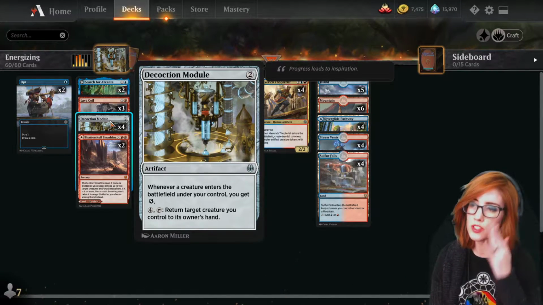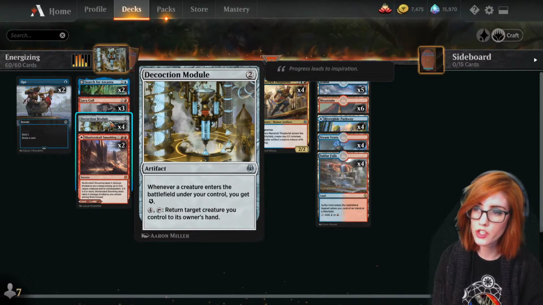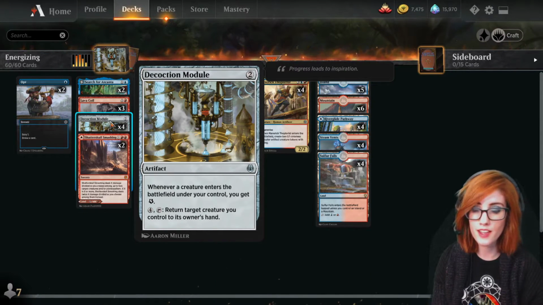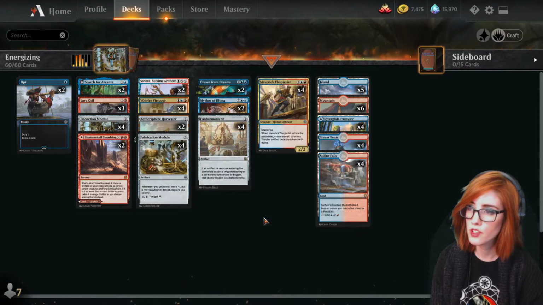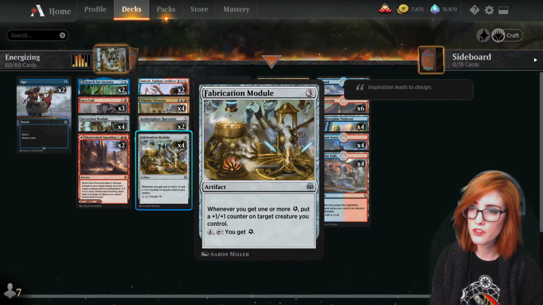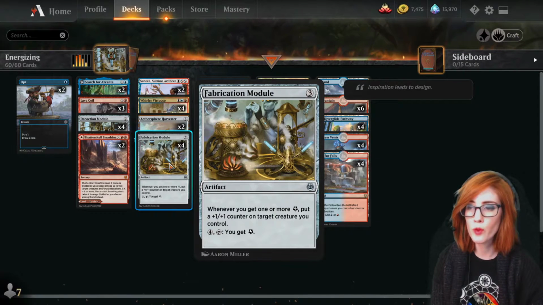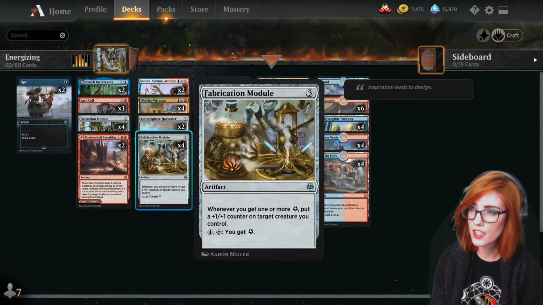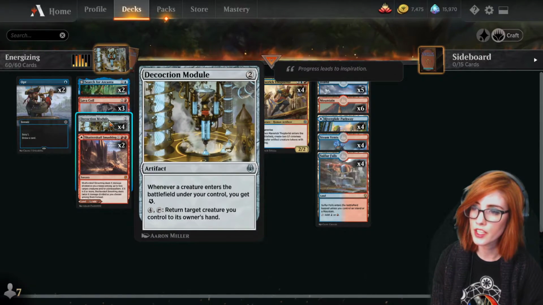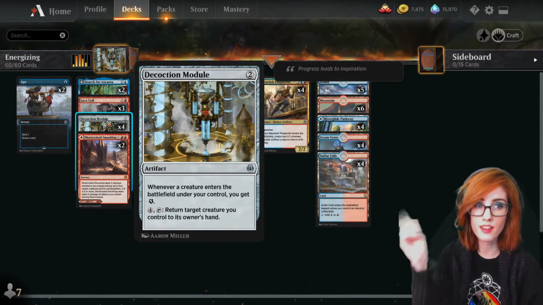Now, this module is 2 mana. It says whenever a creature enters the battlefield under your control, you get an energy. We're going to be pairing that off with this module that says whenever you get 1 or more energy, you get a counter on target creature you control. The idea is that when a creature enters the battlefield, you get an energy, and then we can get a